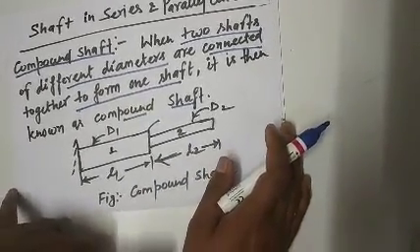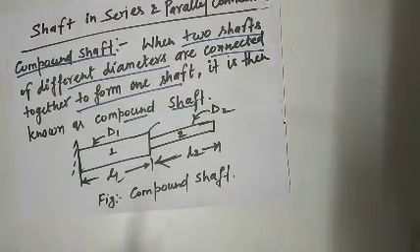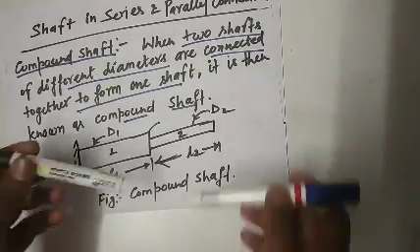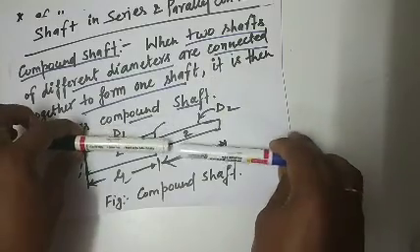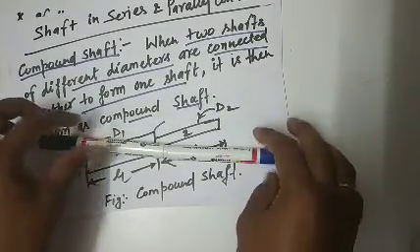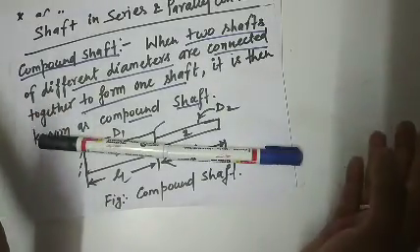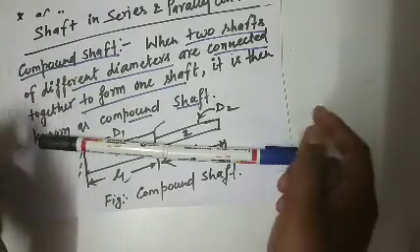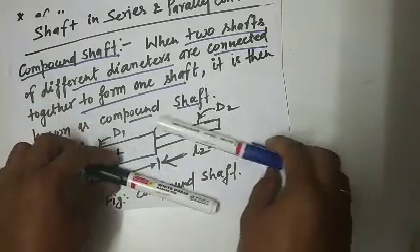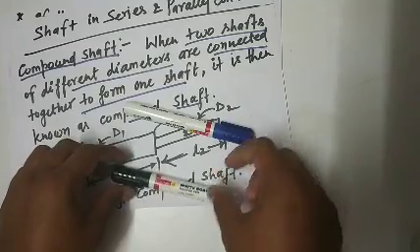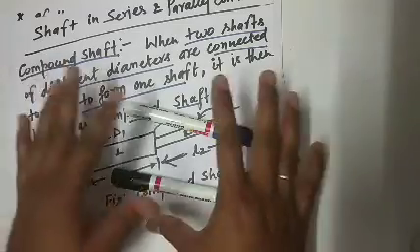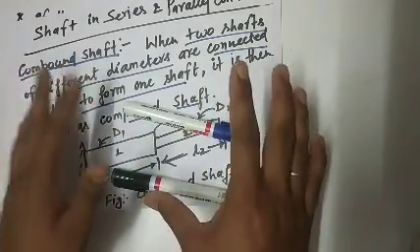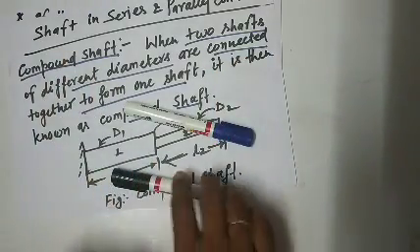Now, when they are in series or parallel connection, it is very interesting in the case of a shaft. We should not understand it like this: when two shafts are connected end to end like this, we call it a series connection, and when they are parallel to each other, they are known as a parallel connection. This is wrong. This concept should not be made. It is quite wrong, because here